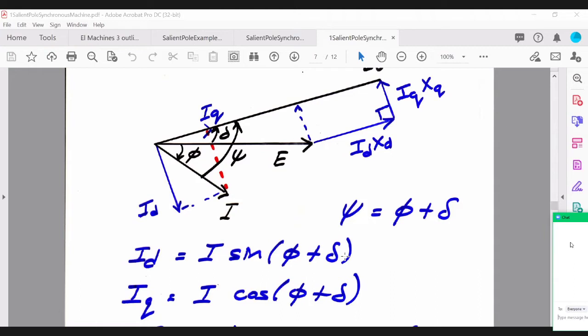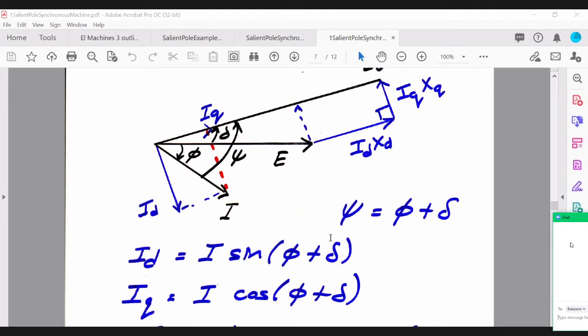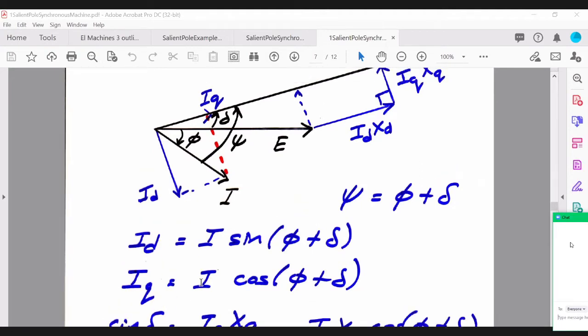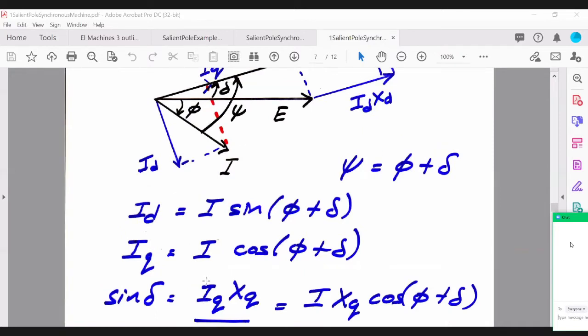And these two resolved phasors are very important, because you need those two currents to eventually determine what E naught is, as we will see, right? So once you've resolved those two currents, you can see that in order to write the angle sine delta, okay,